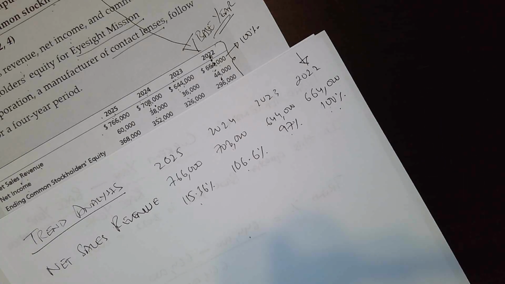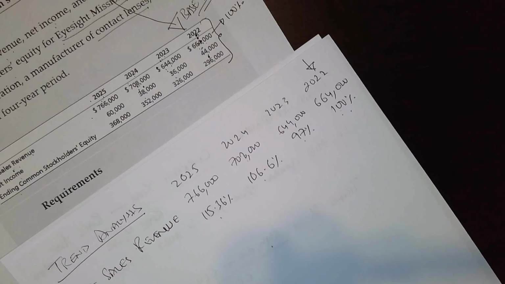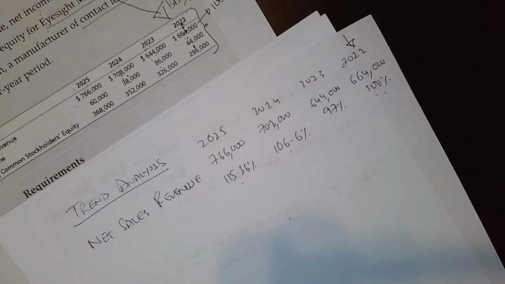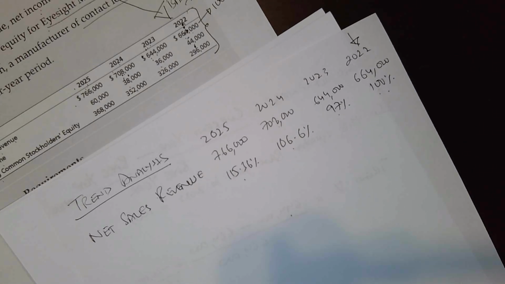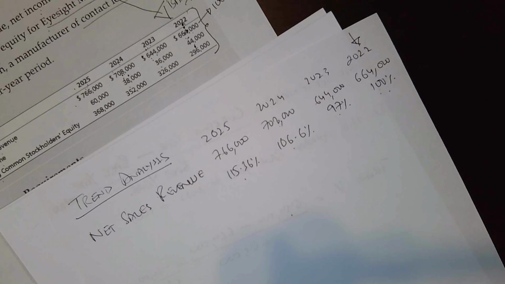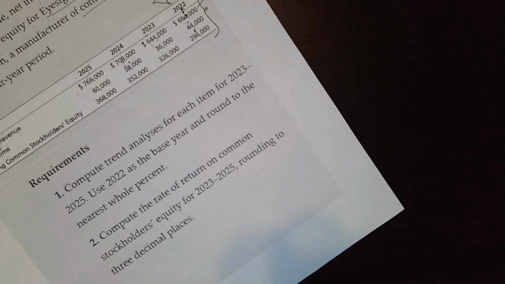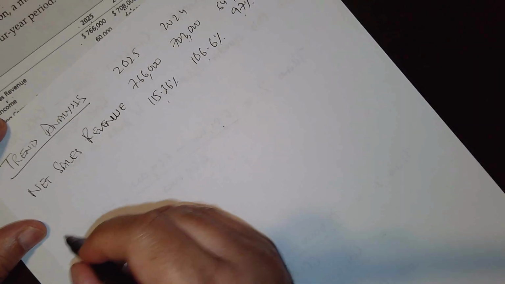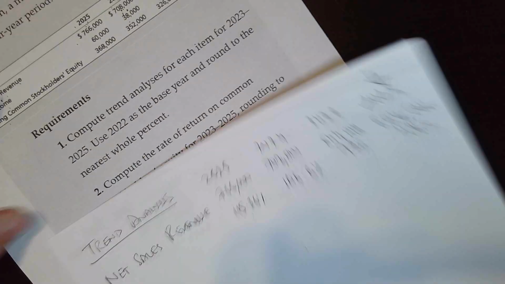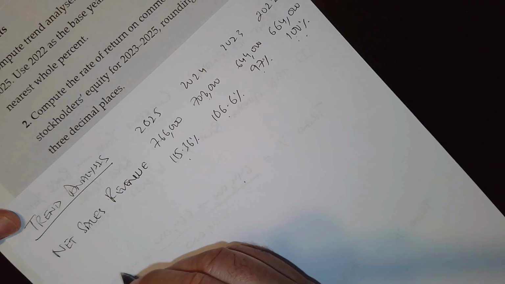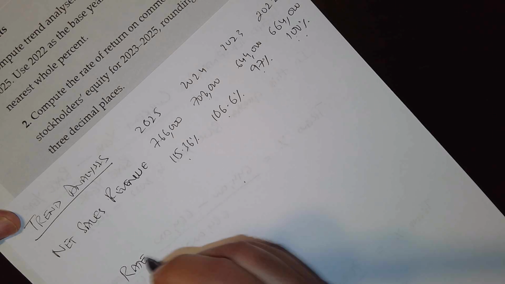And you can calculate the rest of the two others, net income and ending stockholder equity. Now we have to calculate return on common stock. So I'm gonna jump back to part 2 of this. This one was part 1 of the trend analysis, and you can do the rest of the 2 accounts yourself. It's pretty easy. So now we're calculating the rate of return